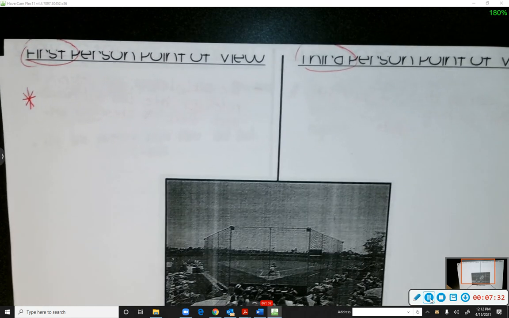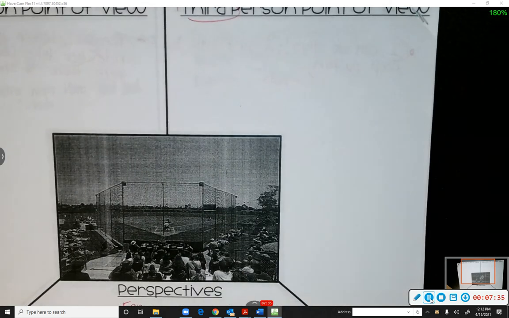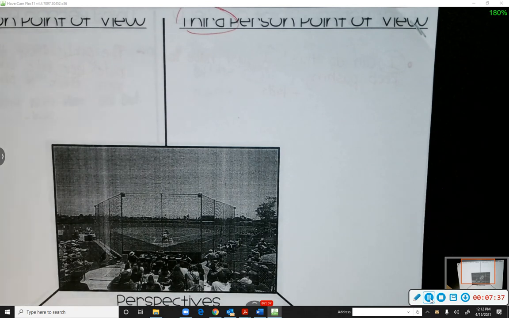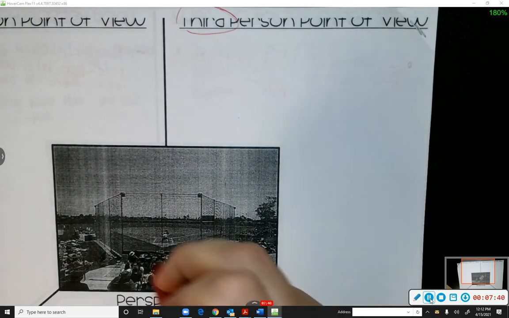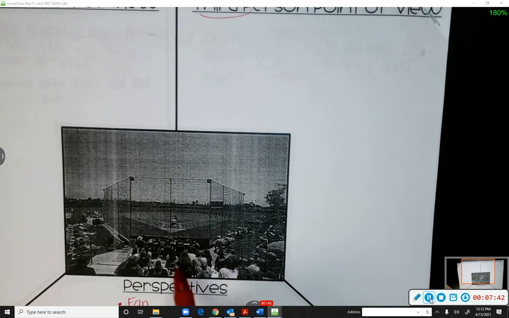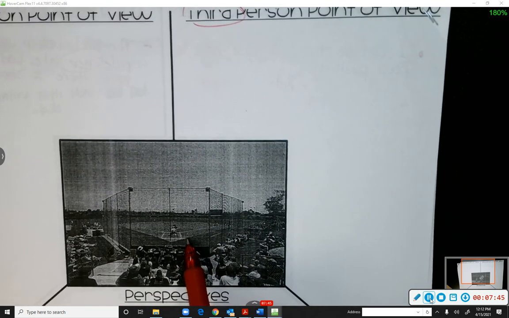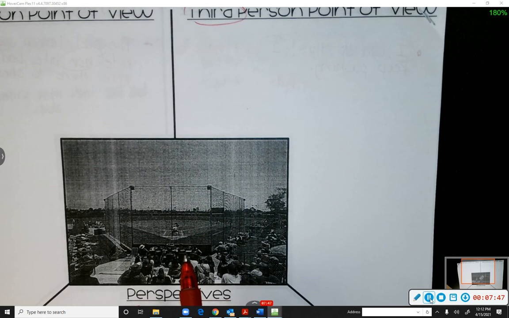Now, for third person, make sure that you're taking the I out. You're describing this situation or any part of the game, but you're taking the I out and you're just describing something. Or you may use a character's name. You're not going to say, I am up to bat. You would say, This is number 2, Bryson Bueller is up to bat. Okay? He is going to hit a home run. So you're changing it to where you're describing the situation like a narrator.